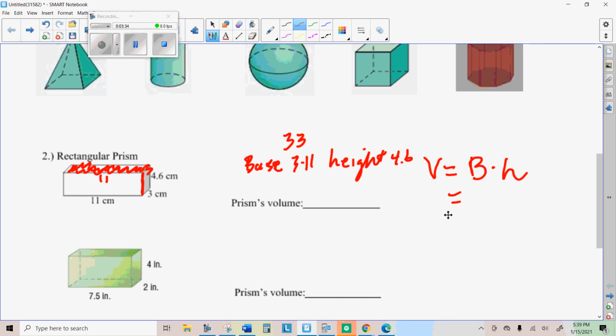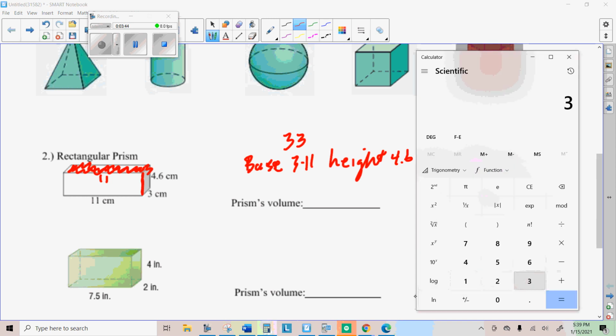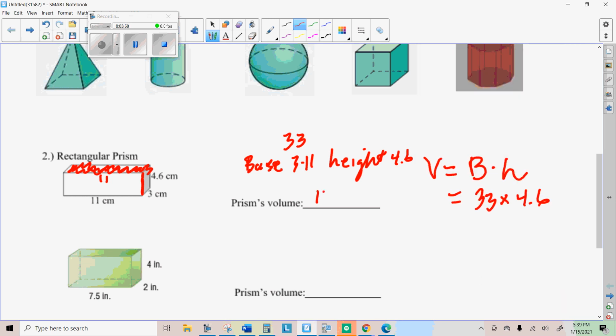So we're going to do our base area, which was 33, times 4.6 equals 151.8